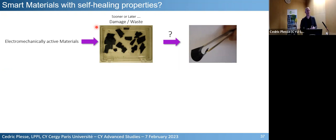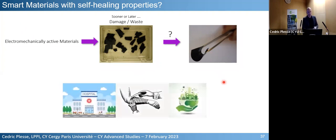They don't have eternal life, of course. And when they're broken, it's basically just going to trash. The idea was, is it possible to provide them with self-healing functions like we would observe for biological systems? So it's interesting. From the biomimetic point of view, are we able for these artificial muscles to provide them with self-healing functions,